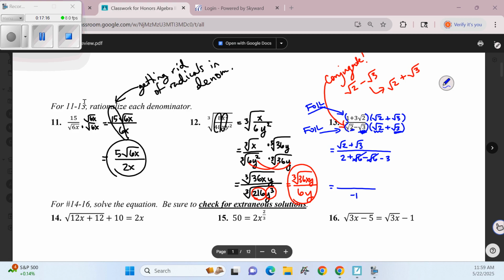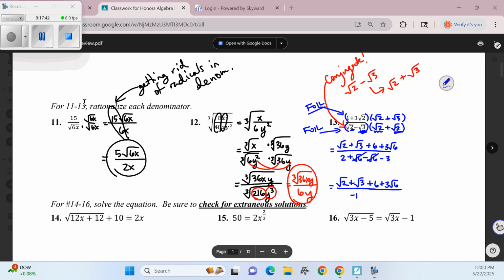Inside terms is 3 times square root of 2 times square root of 2, which is 3 times 2, which is 6. And then last terms would be 3 square roots of 6. So all of these are different radicals in the numerator, so nothing can combine. So we could just simply bring them down: square root of 2 plus the square root of 3 plus 6 plus 3 square roots of 6 all over